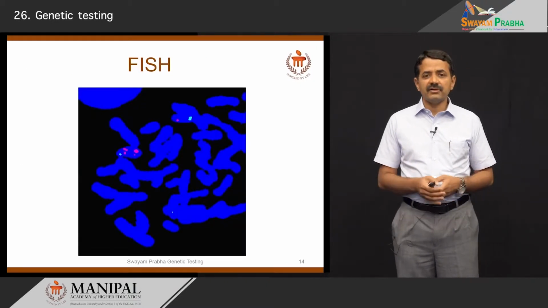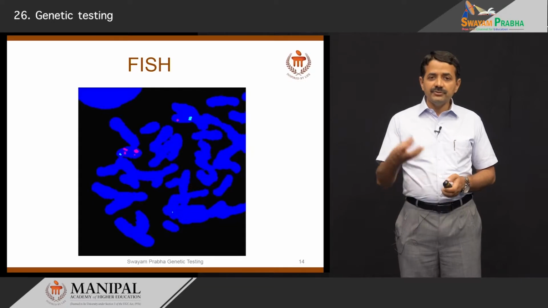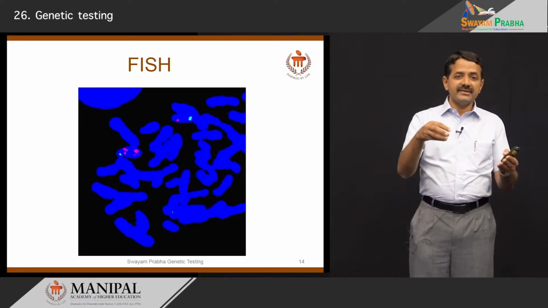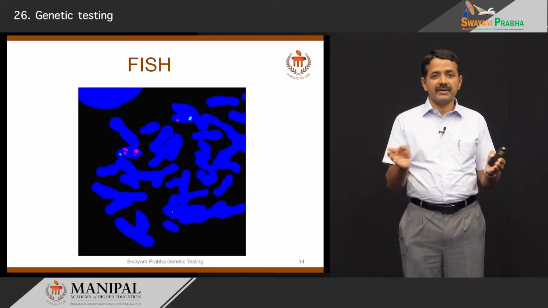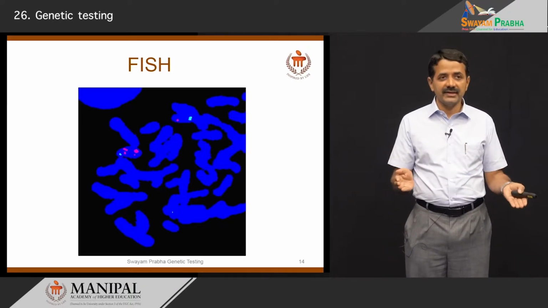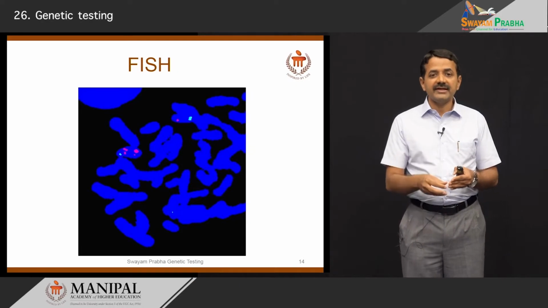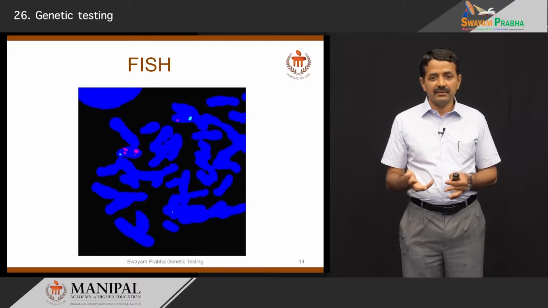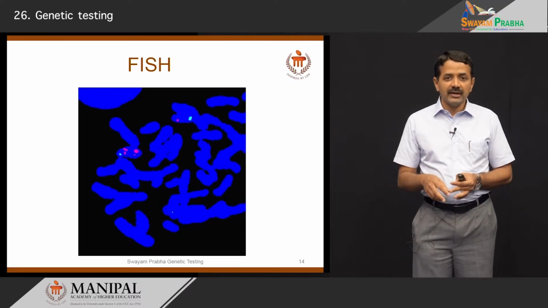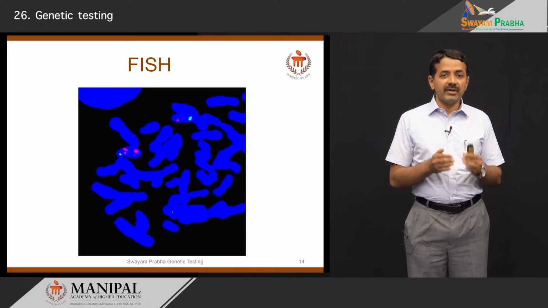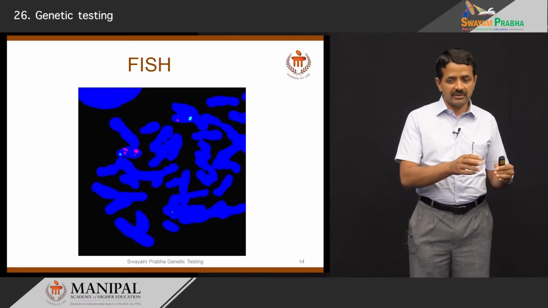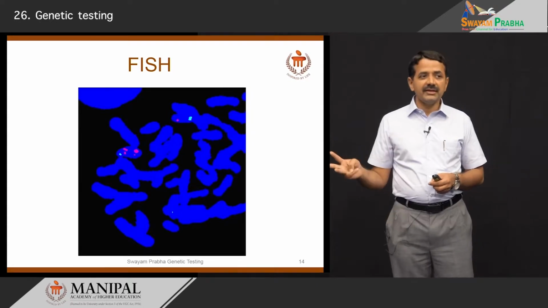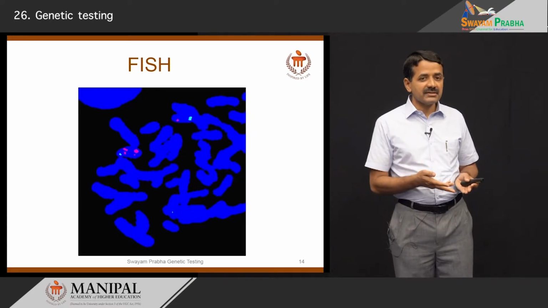FISH, or fluorescence in situ hybridization, is where we use specific probes against the target, and if there is hybridization because of the complementarity of the probe and the target DNA, we can detect them by using fluorophores or some colored material tagged to the probe. Then we can detect whether a particular locus or segment of the chromosome is present in 2 copies, which is normal, 3 copies, which is duplication, and 1 copy